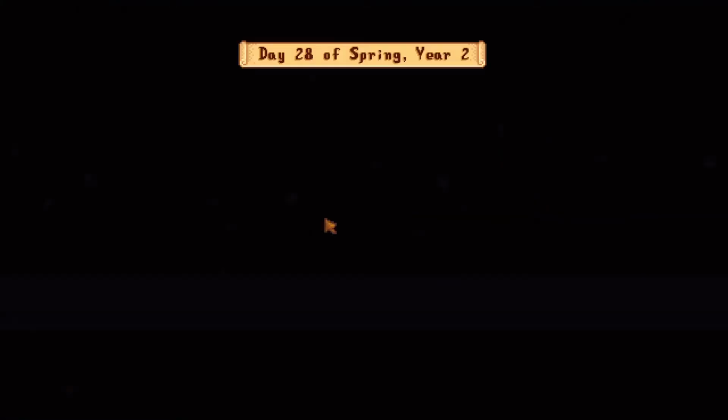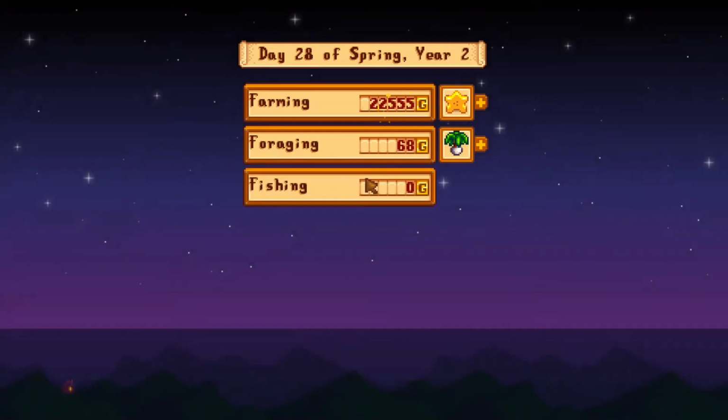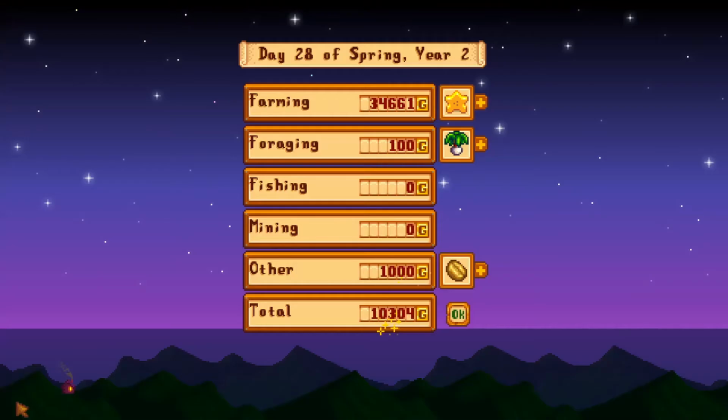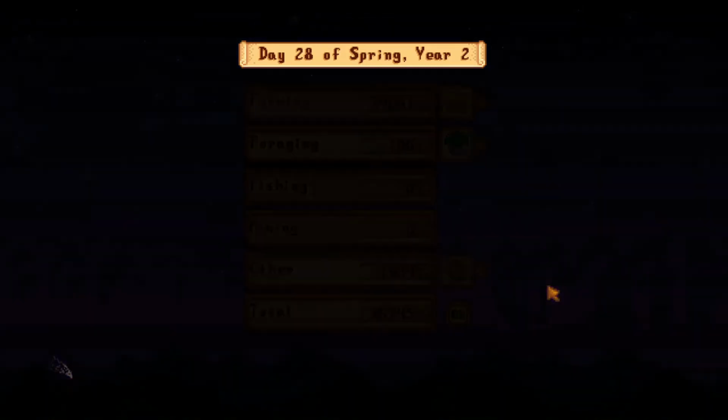And I thought something was going to happen. That was kind of weird. Wow, look at all that money from the rhubarbs and the starfruits that we dropped in there. Whew, so yeah, we got a fair bit extra money to work with now to buy summer seeds, which we are going to do next time